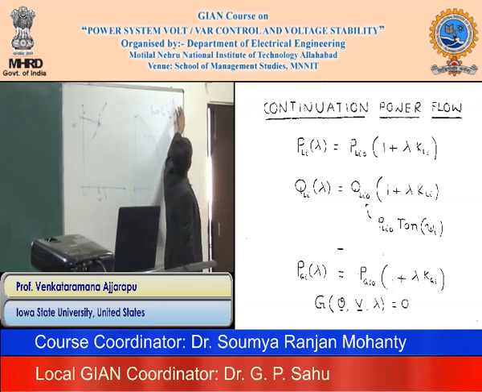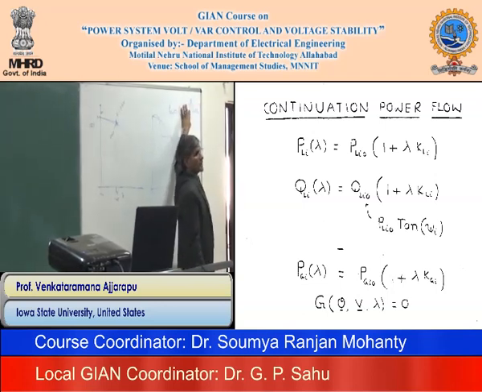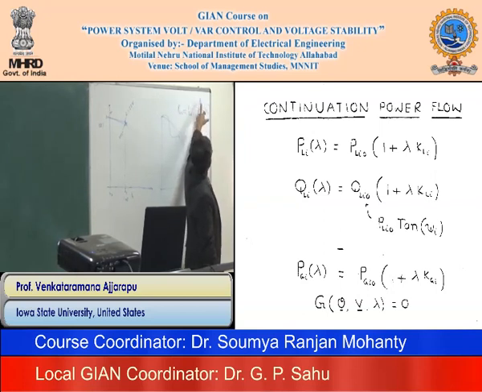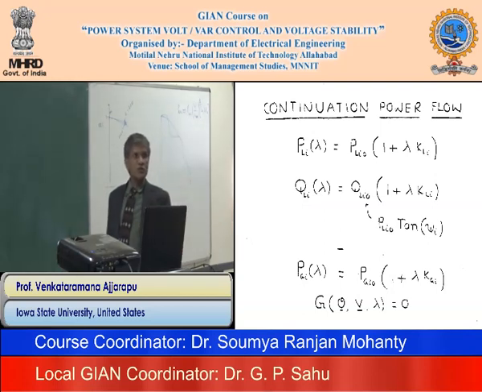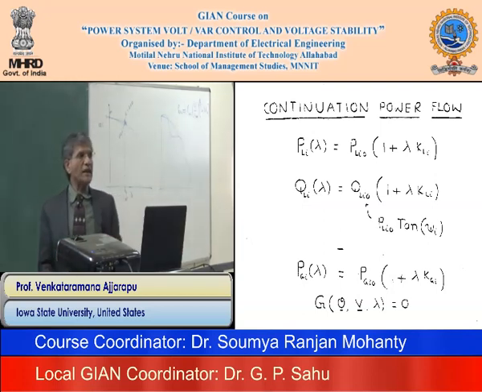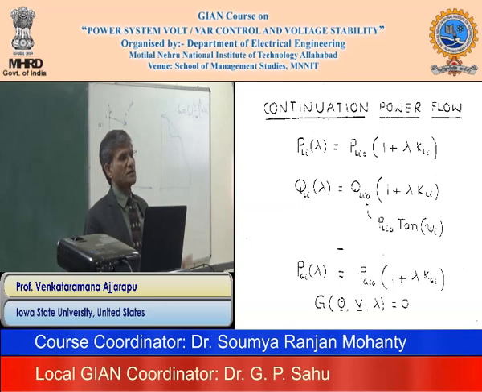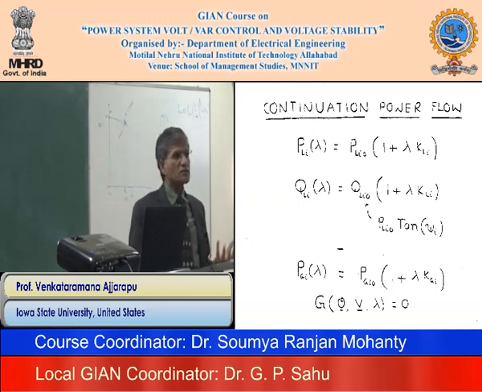This much connector load of this type, and this again depends on the beta, right? V by ratio. So the net value depends on beta and whatever the voltage you have at that point. So now I am not violating the mathematical requirement that lambda should be an independent parameter,